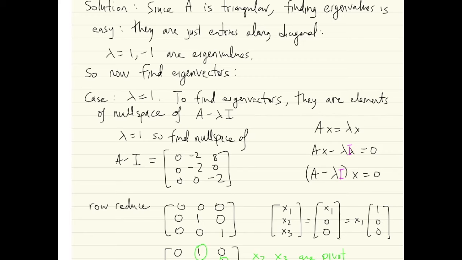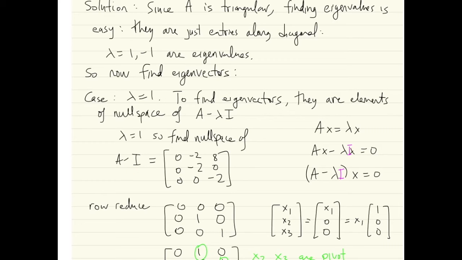And all I did was take the original matrix A, and remember I is just 1s along the diagonals. So I subtracted 1s along the diagonals. Originally there was a 1, 1 minus 1 is 0. Originally there was a negative 1, negative 1 minus 1 is negative 2, and so on. I didn't do anything else to the other entries. Okay, so we've got to find the null space of this